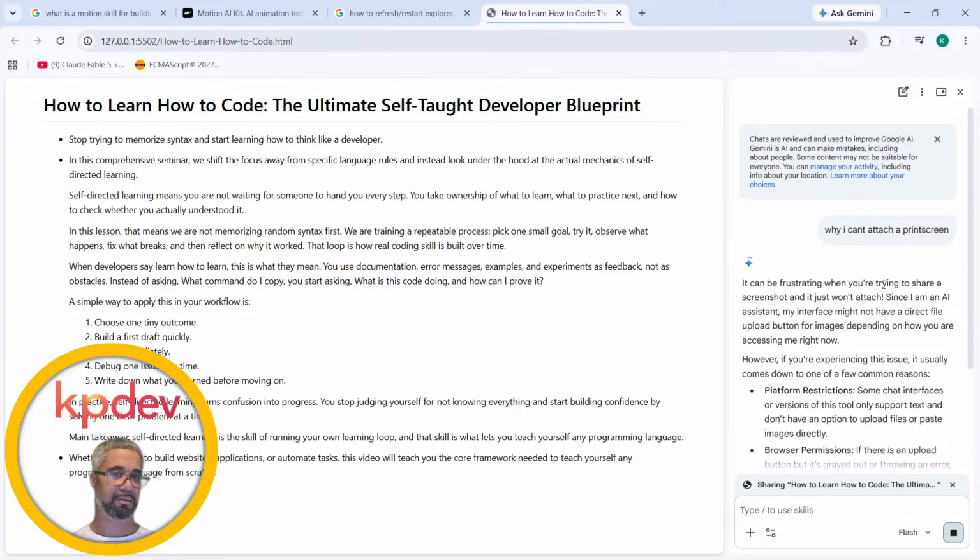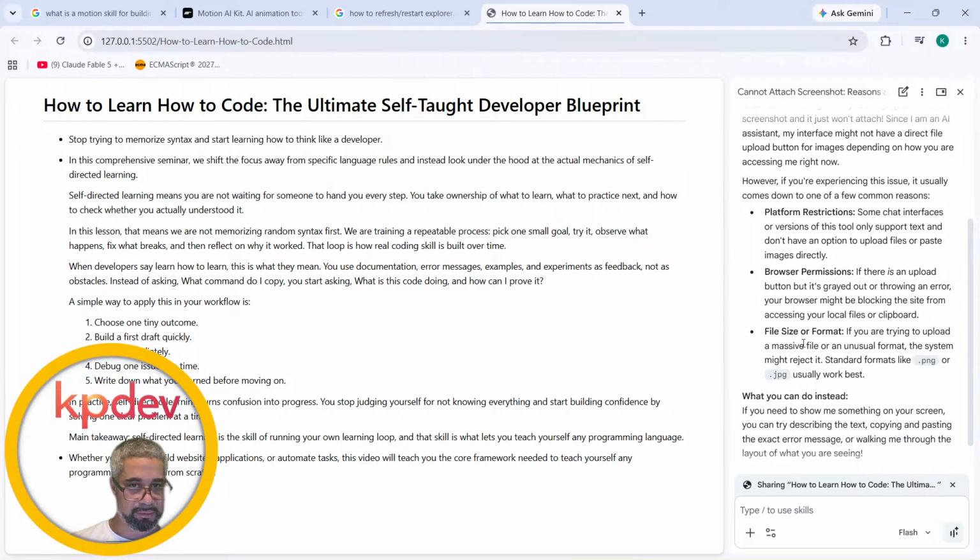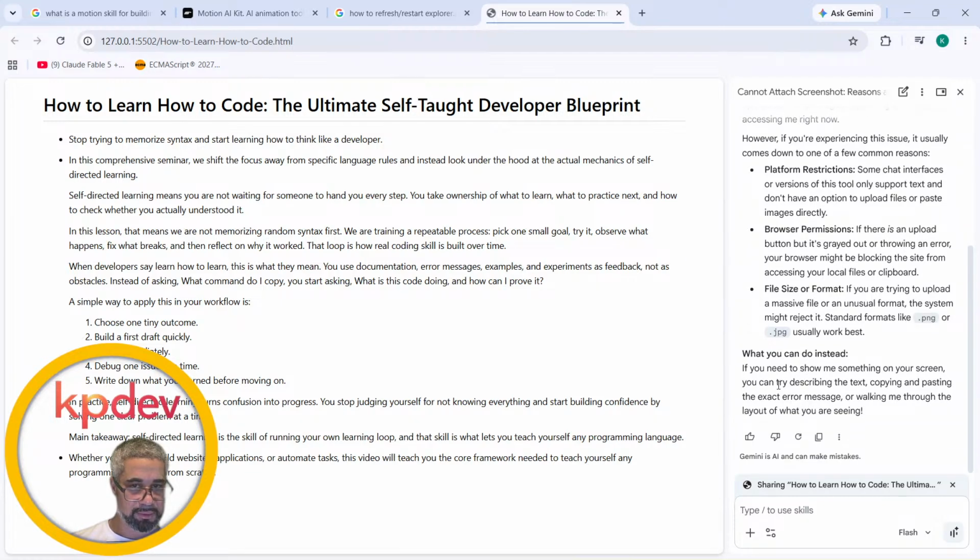It can be frustrating when you're trying to share a screenshot and it just won't attach. Since I am an AI system, there are interface and platform restrictions, browser permissions, file size and format. What you can do instead, if you need to copy it, is try describing the text. Okay, so